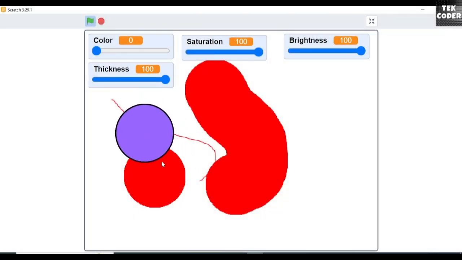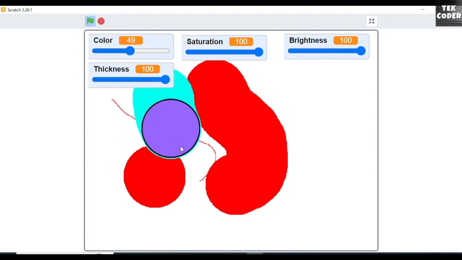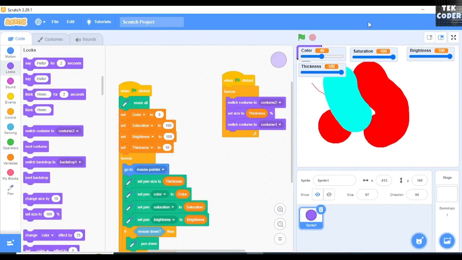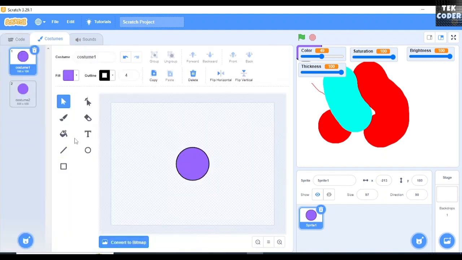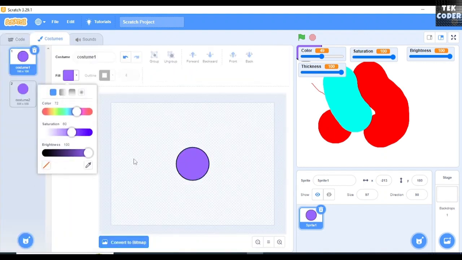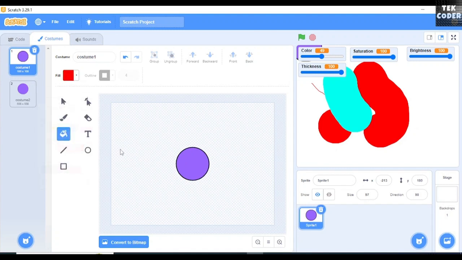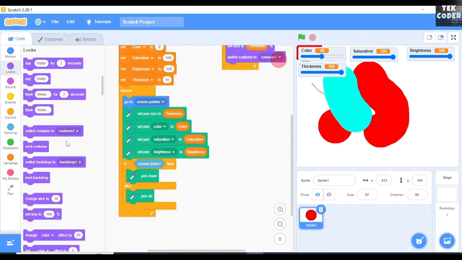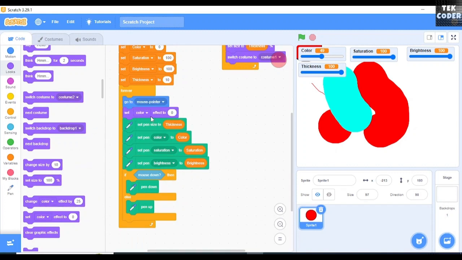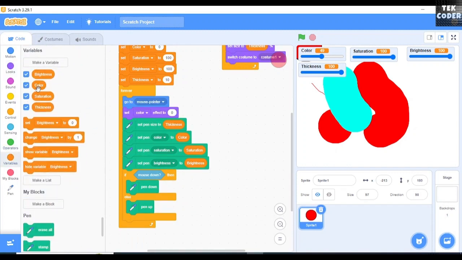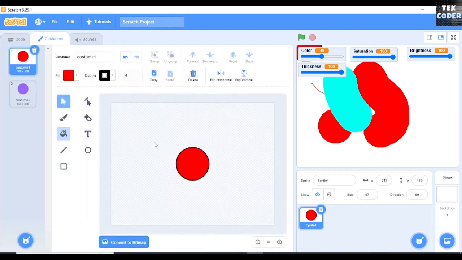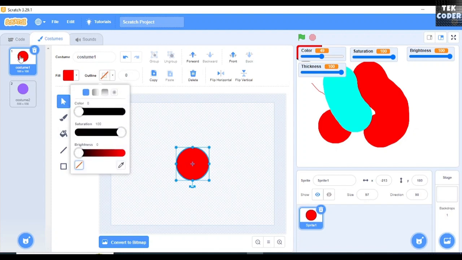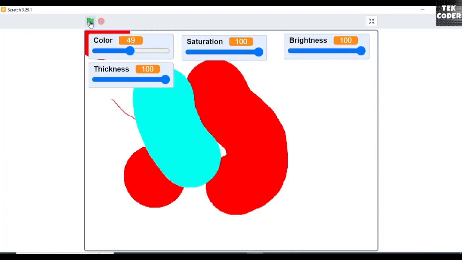Now I want the sprite's color to match with the pen color. So to do that, we'll need to make our sprite have the color 0, which is the first color, and then we'll set the color to the pen color using this variable. Also, I'll just remove the outline, and then as you can see,